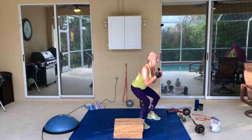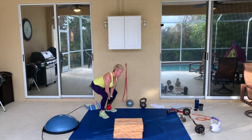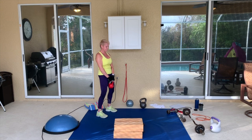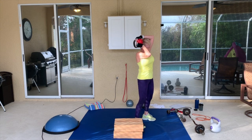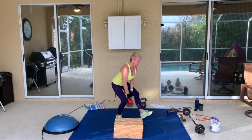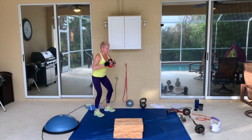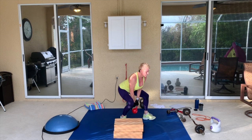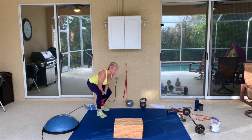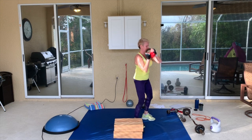1, duck walk back, 2, 3, put that weight in the heels, hit that butt. You can do it either way. You can add the squat in, you can leave the squat out. On the around the world, like so. 1, 2, lead with the butt, like you're backing out of a door. 4,